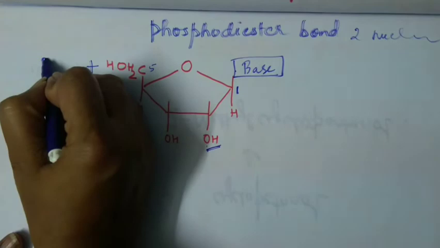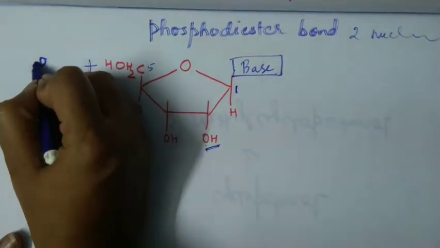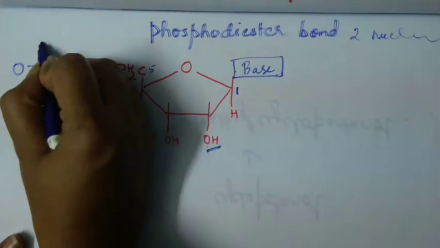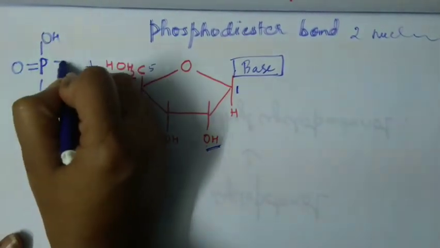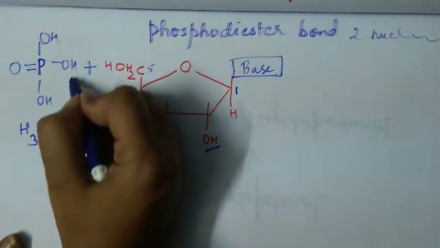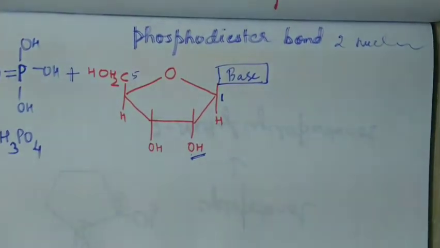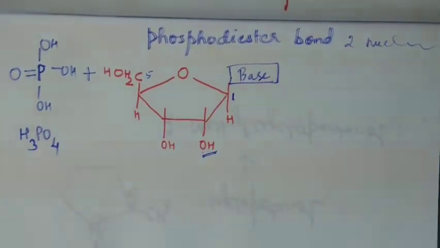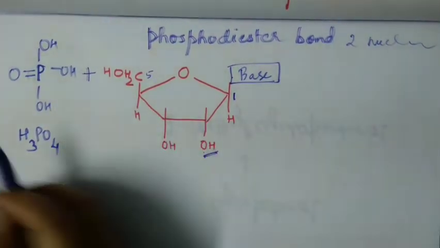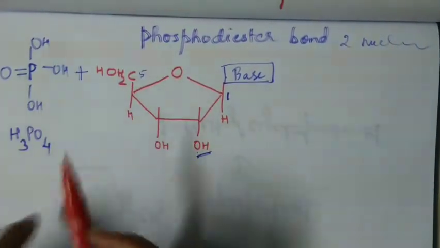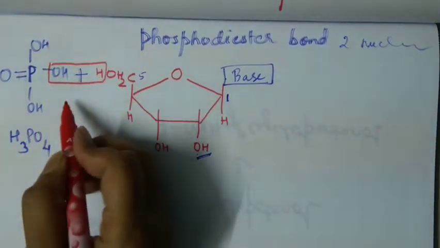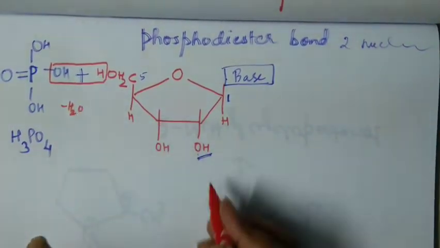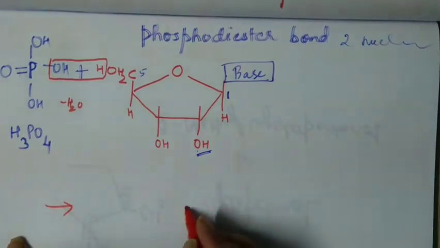So I have written phosphorus here, P double bond O, OH, OH and OH. So there are 3 H here and 4 oxygen atoms. So phosphoric acid. There is elimination of water molecule. H2O is removed, minus H2O. So you end up with